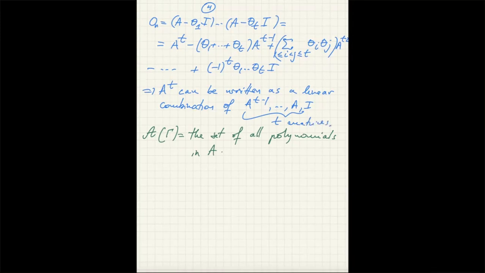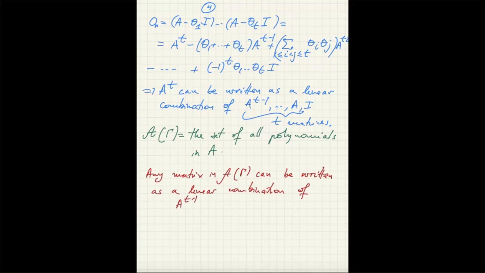It follows that any matrix in A gamma can be written as a linear combination of A^(T-1) and so on down to the identity. Actually, this space A gamma